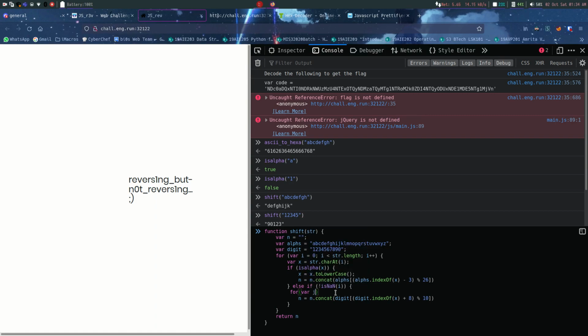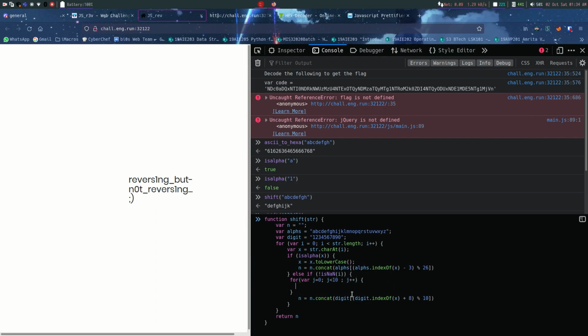So we have to create a for loop to iterate through all numbers from 0 to 10. Then we will check if x is equal to digit of j plus 8 modulus 10, the same as we do here.